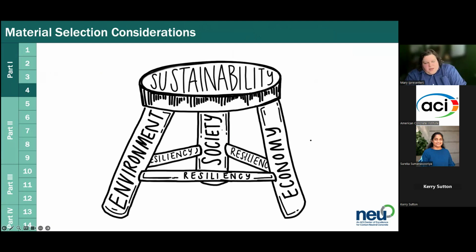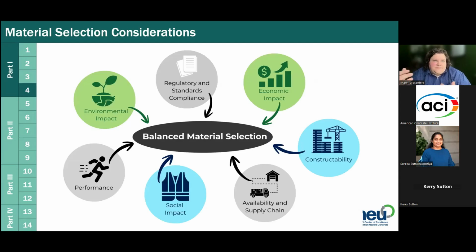Chapter 4 of part 1 goes into the concept that whenever you're doing something like material selection, there are so many things to consider. So if you take, for example, sustainability, I think people are pretty familiar with the three-legged stool, where you say something is sustainable if you have considered the environment, society, economy, right? We added resiliency to this as well. And what we did is we expanded that to say there are all these things you really need to consider in addition to the carbon footprint or the embodied carbon of your material.